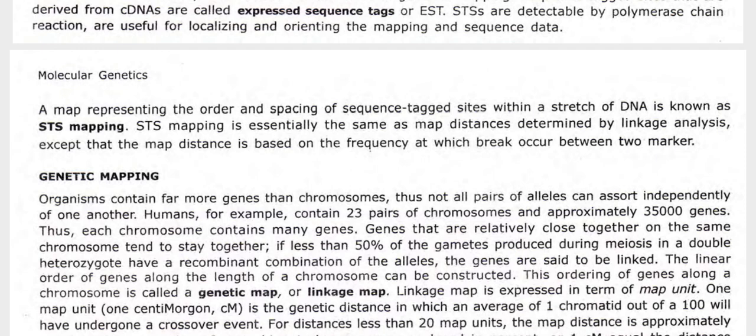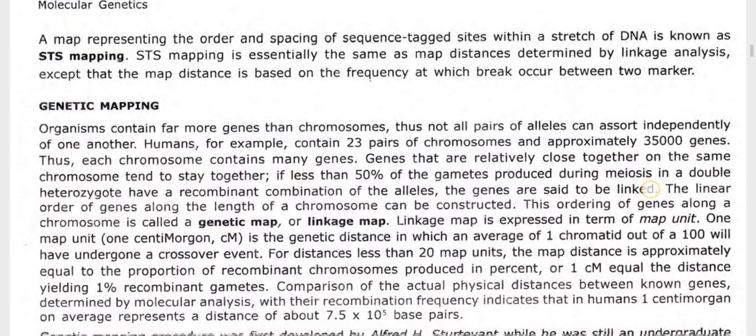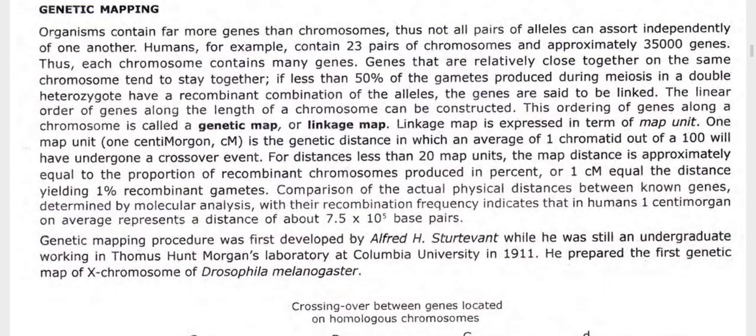A map representing the order and spacing of sequence tagged sites within a stretch of DNA is known as STS mapping. STS mapping is essentially the same as map distance determined by linkage analysis, except that the map distance is based on the frequency at which breaks occur between two markers. In genetic mapping, organisms contain far more genes than chromosomes, thus not all pairs of alleles can assort independently of one another. Humans, for example, contain 23 pairs of chromosomes and approximately